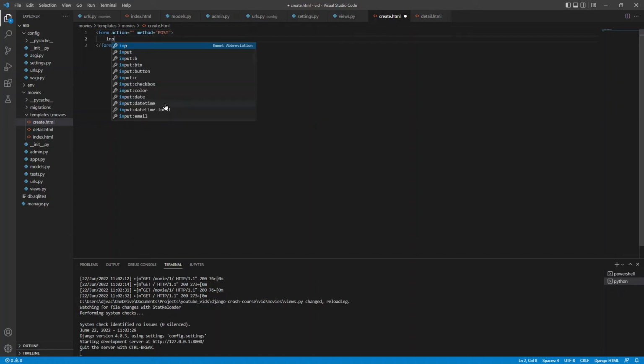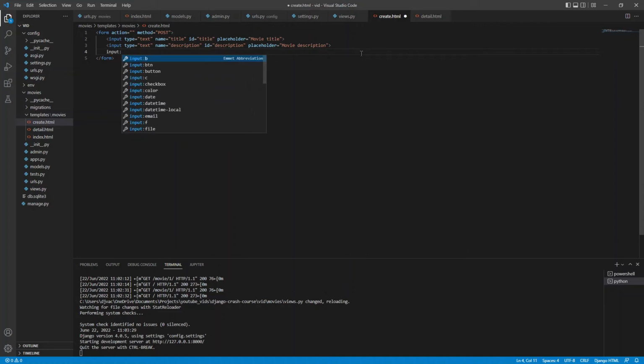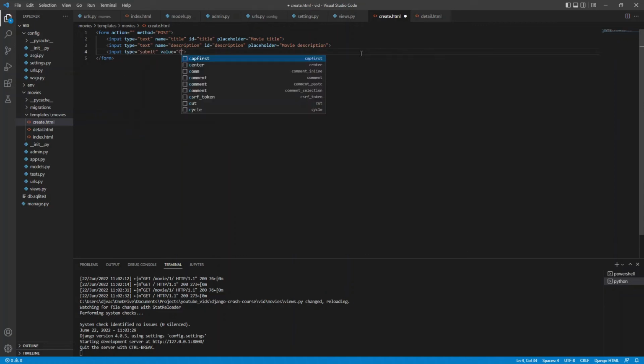But now we can add some inputs, so we'll say input text, and this will be title, and the ID will be title, and we'll give it a placeholder equals movie title. And then we'll duplicate this, so Shift Alt down arrow, and highlight title, and click Control D to select the next occurrence of it, and click it again, and we can just say description. Okay, and now the last thing we need is a submit, so we'll say input/submit,